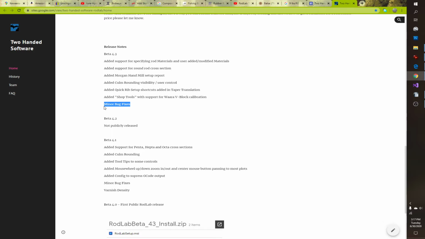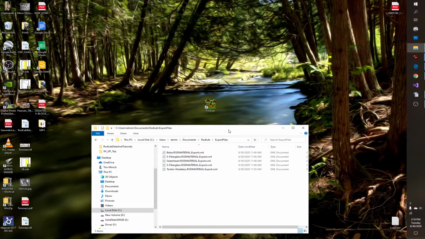One thing I'll mention real quick is that some stuff about manual taper entry has been cleaned up, although it's probably still not perfect, and also some stuff with how single piece rod ferrules are handled, so that should be a little cleaner. So let's head over here, and before we open up RodLab, I want